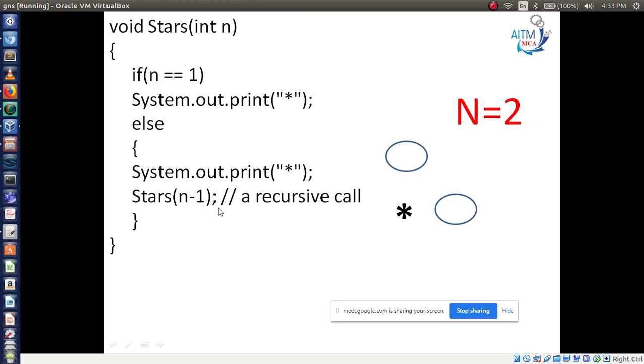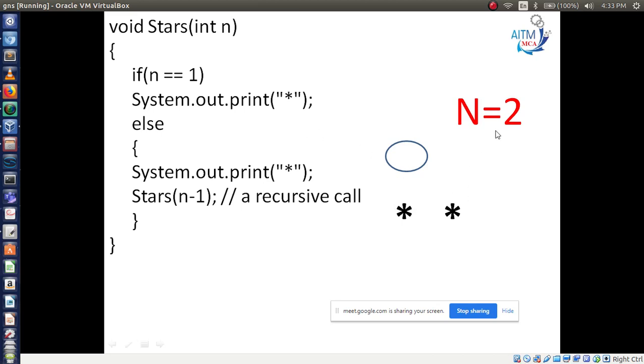Now you are passing the 1 to this same function, right? So again go to this function, the value is 1. Now 1 is equal to 1, condition is true, then print another star. So another star is printed. Finish. Condition is true. Now stop this process. So you have 2 stars.